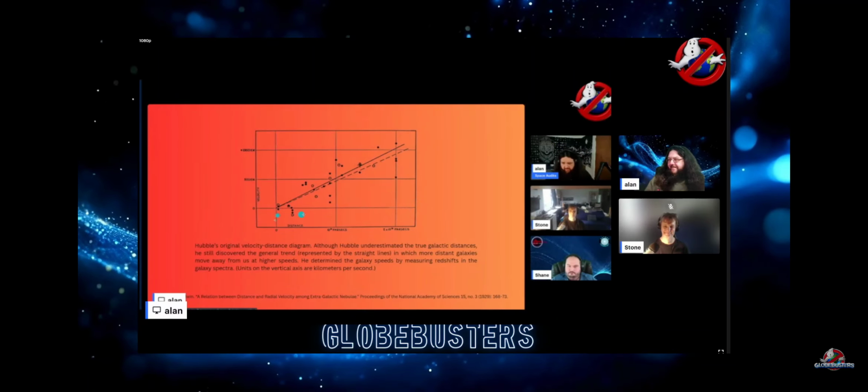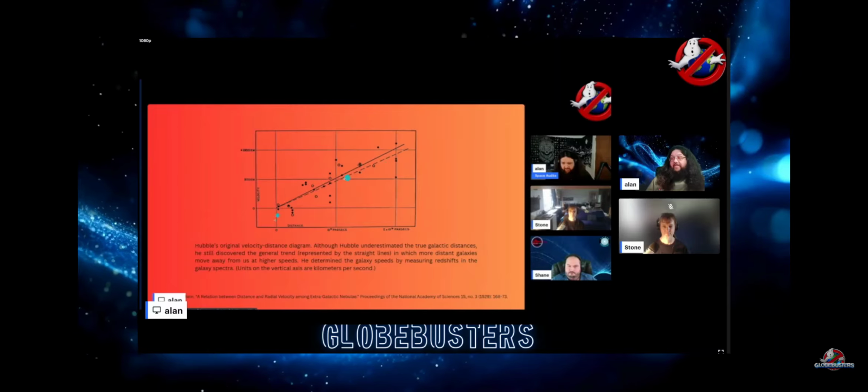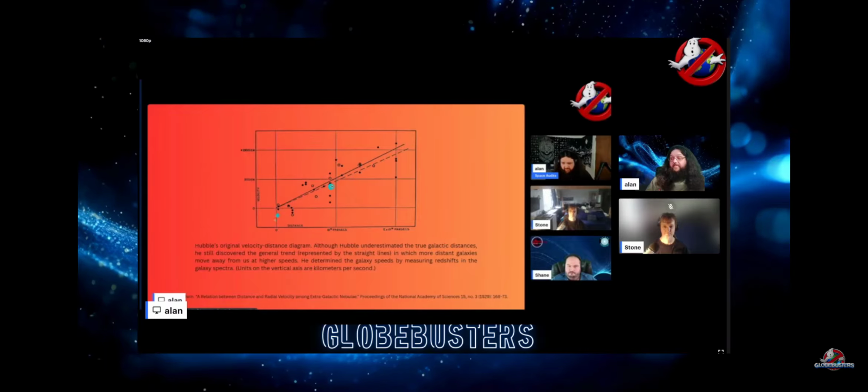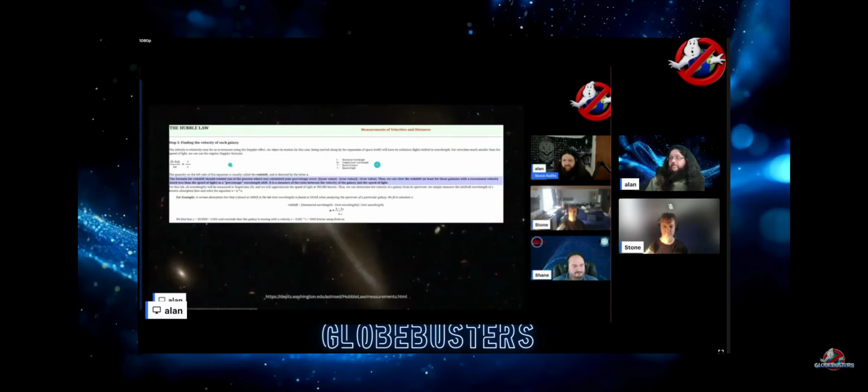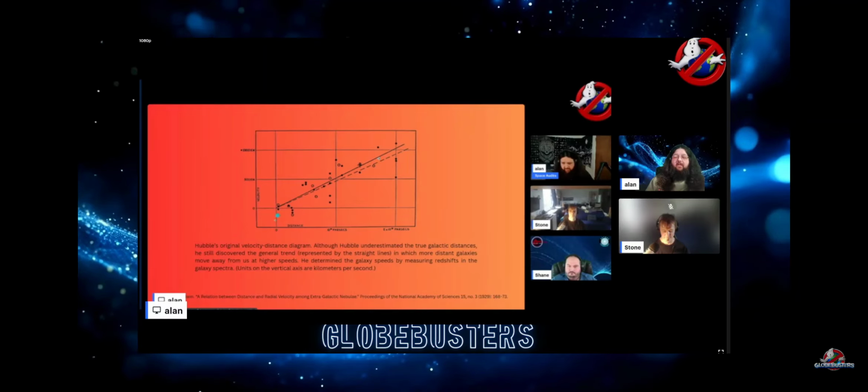With the relationship of spectral shift and Doppler shift in relation to velocity, they turned that into a linear relationship for velocity and distance. So now any sort of spectral shift can be interpreted from Doppler shift into a distance. So now they establish distances based off of red shift and blue shift. So the frequency change in light now, not just the absorption spectrum, but just the frequency change from what the spectrum would be with respect to lab settings.